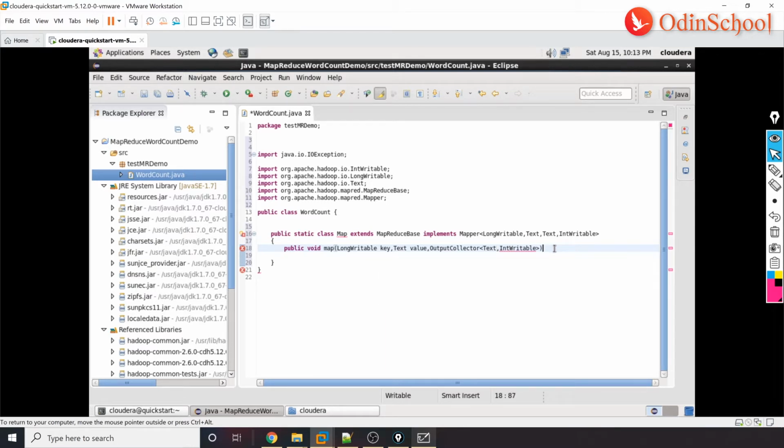Okay, and that you will call as output. That variable you can give the name output, and then you can have an optional Reporter class, if you want to display anything like counter values and some reports for your MapReduce program. Then you can use this Reporter class, which should be part of